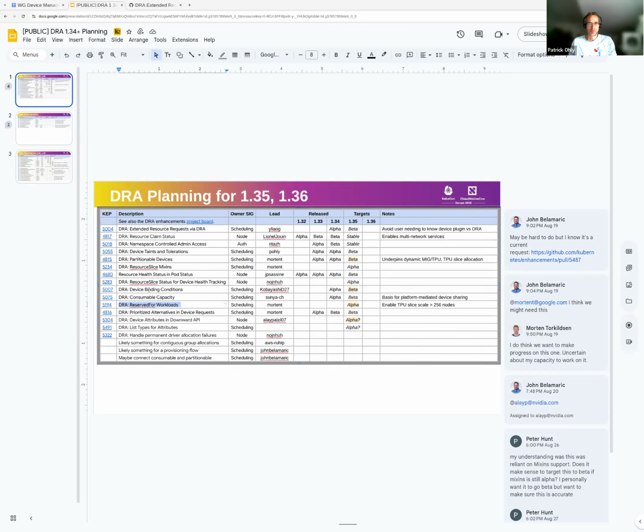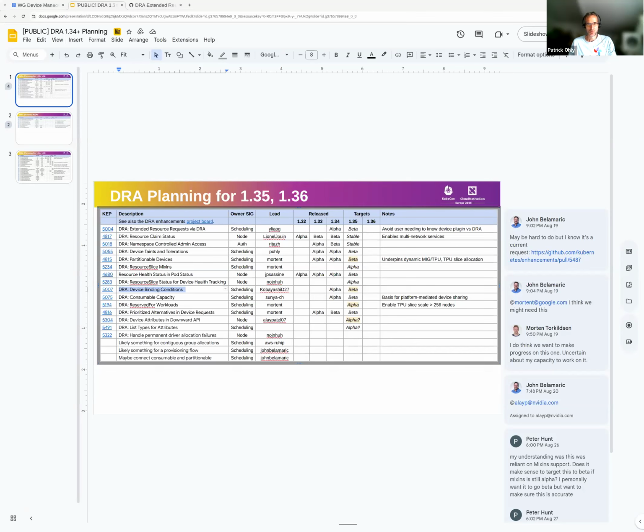Then, yeah, the folks behind device binding conditions are definitely interested in moving it forward and keep asking for reviews. I don't know whether they actually have addressed all criteria for beta. I have not checked that.